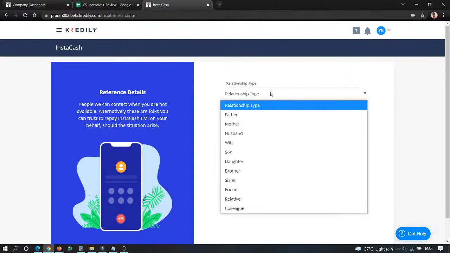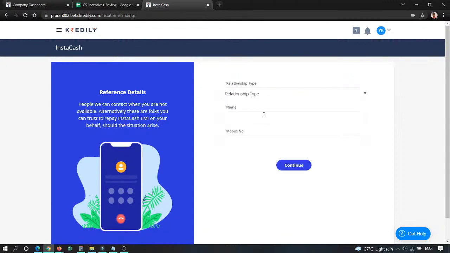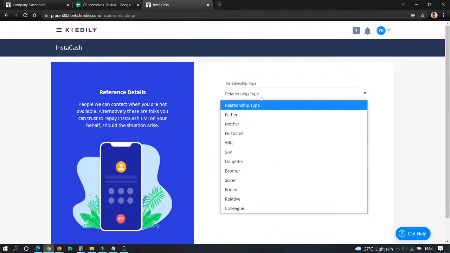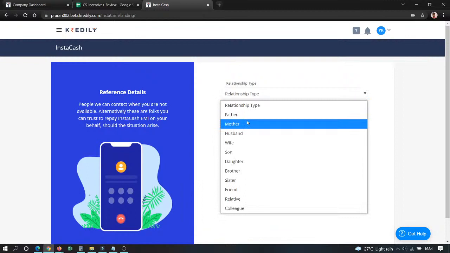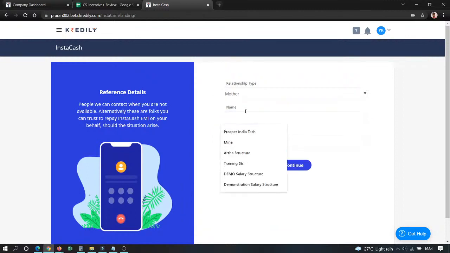And once this is done, I'm also going to add a reference over here. I'm going to add the details of my mother, and also add the number and continue. So now this is it. These are the pieces of information that you might need, and once you add them, the system will